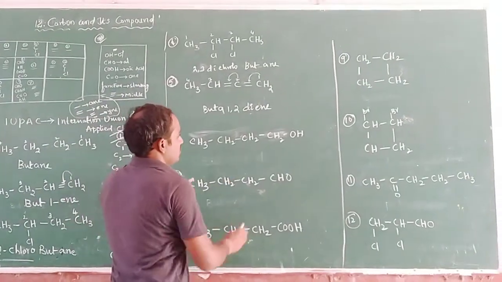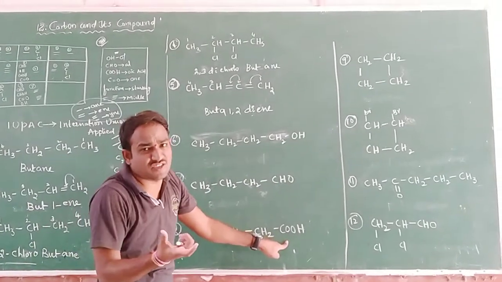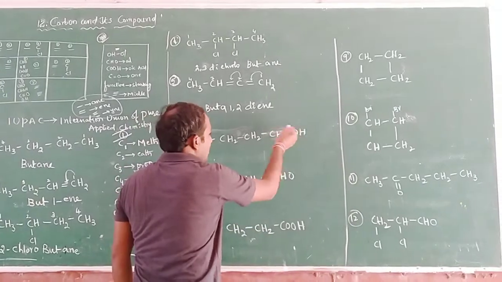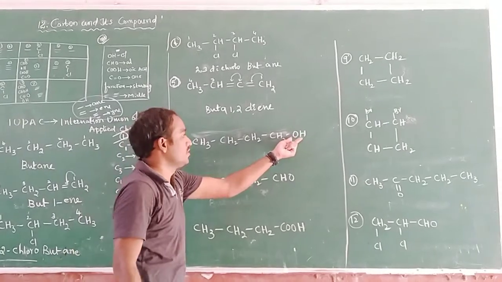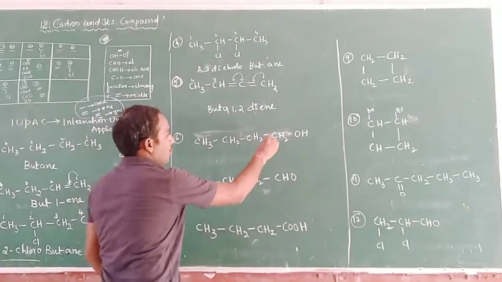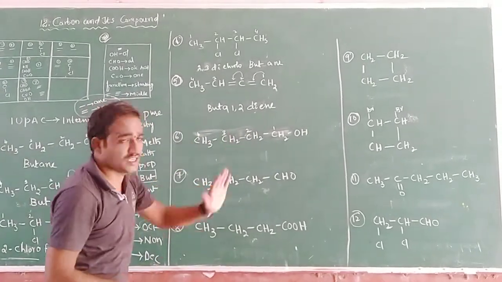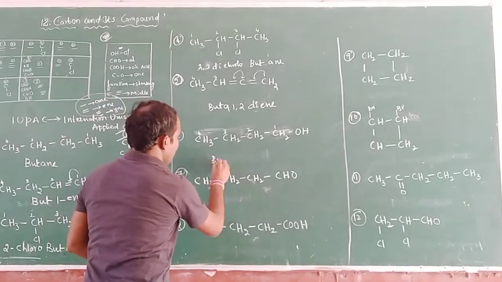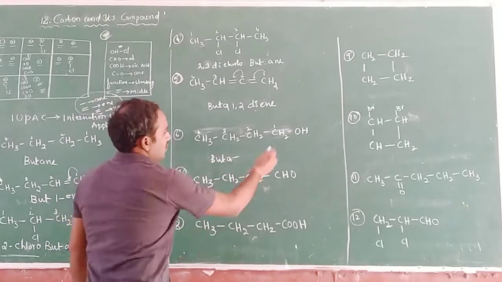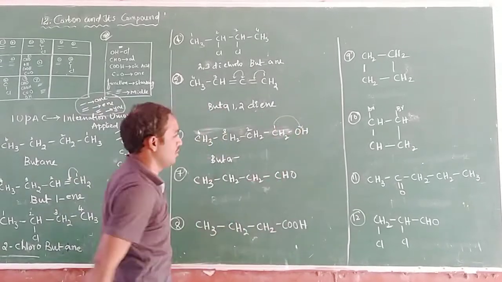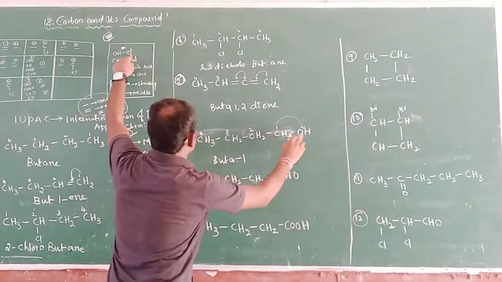See here. If it is a functional group OH or CHO or COOH, we have to give the first priority to the functional group. There is no other carbon in this compound, so we go to the next. 1, 2, 3, 4. How many carbons here? 4. If it is 4, it is buta. Which carbon is beside the functional group? The first carbon, so that is 1. And OH is ol.